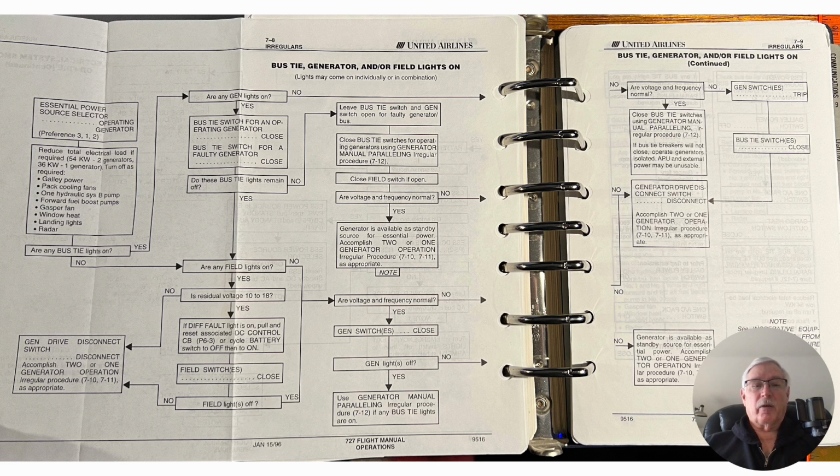Now, being a second officer, you just loved the new checklist. It's not called I-8. Well, maybe it is 7-8 there. But anyway, we called this "I hate I-8," because when I was a second officer or captain on it, before they went to the smaller checklist,